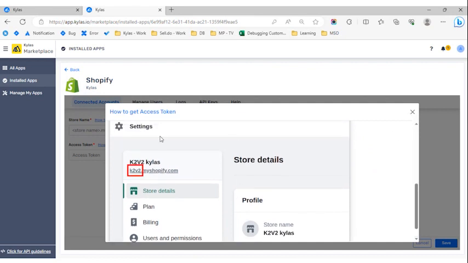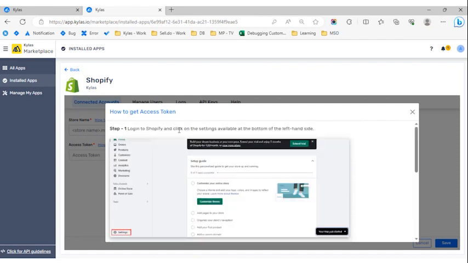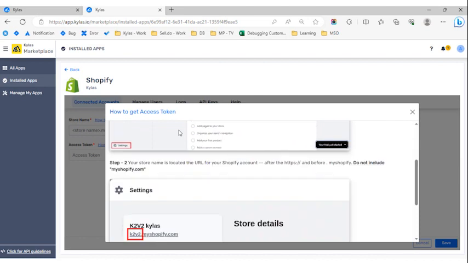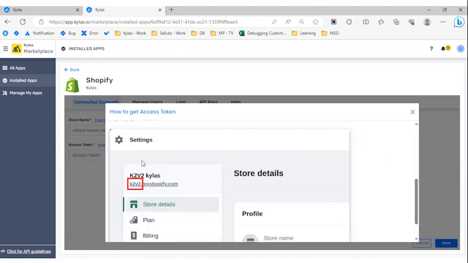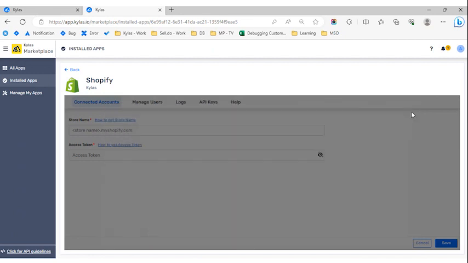So to get the store name, you will have to first log into your Shopify, go to the settings section, and on the top left hand side, you will see the store name of your Shopify. Similar to that,